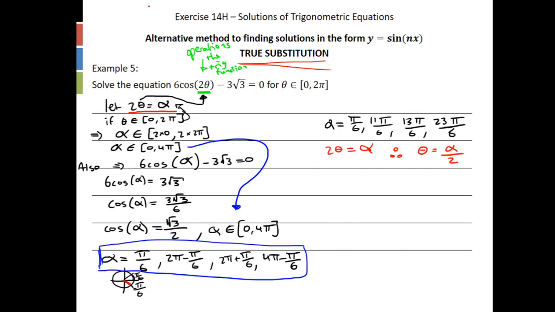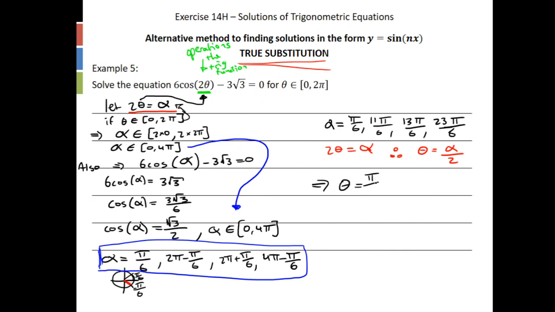Okay, so this is really similar. Okay, if you're starting to notice, as we simplified something inside a bracket, this is where when we had those complex quadratics. It's very similar to that. Do a substitution just to make our life easier, solve the problem, and then resubstitute or undo the substitution at the very end. Okay, so if theta is equal to alpha on 2, it follows on that theta is equal